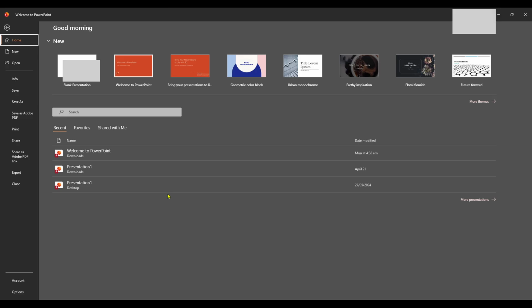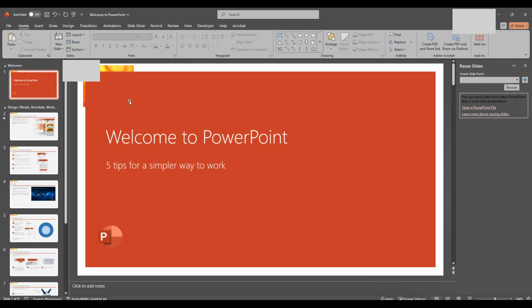Once you've launched PowerPoint, the next thing you want to do is select the document that is exhibiting the error message. Navigate to the file within PowerPoint and open it. At times, simply attempting to open the file within the app can itself fix minor glitches. But for persistent errors, we need to employ some additional strategies.